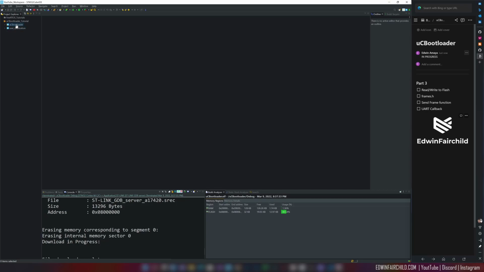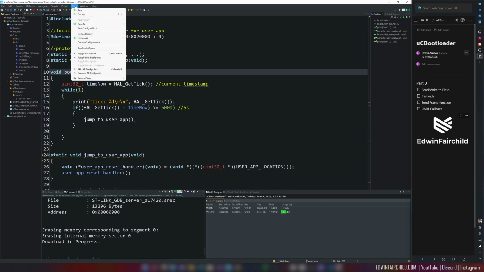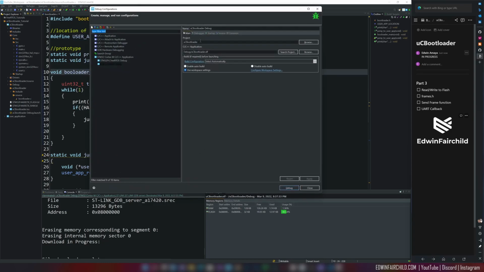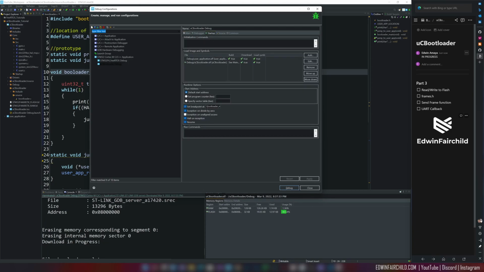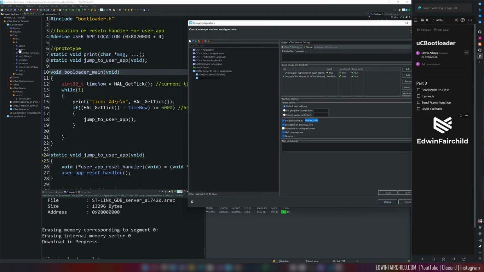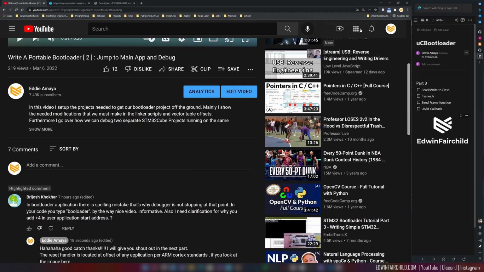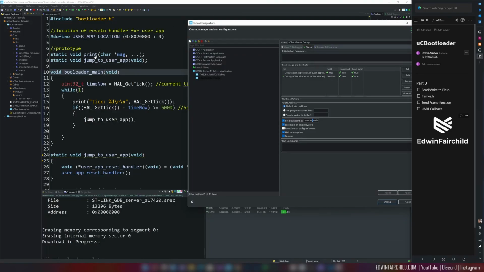If you recall, I couldn't get the debugger to pause at bootloader main here, even though in the debug configurations I was telling it to pause, set the breakpoint at bootloader main, because usually it starts off and it pauses at regular main. And this wasn't working because, as one of my users pointed out to me right here, I do have a spelling mistake. So what happened is that here it says bootloader, while here I was telling it to stop at bootloader main, and obviously it couldn't find that. So I'm going to go ahead and fix that little typo here,